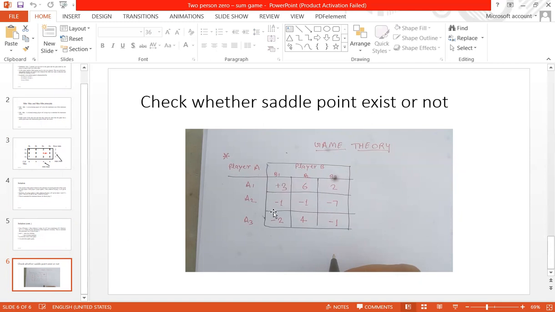Similarly, in columns, we will select the highest value. Here, the highest value is 3. In the second column, the highest value is 6. And in the third column, the highest value is 2. And out of all the highest values of the columns, the lowest value is 2. So 2 is the saddle point. So if in a game a saddle point exists, then that is the solution of the game. In this case, we will write that